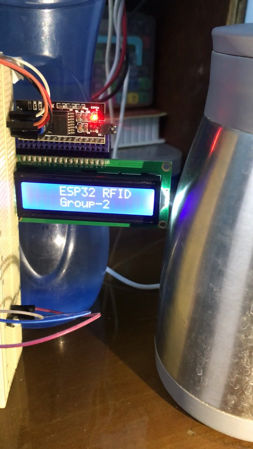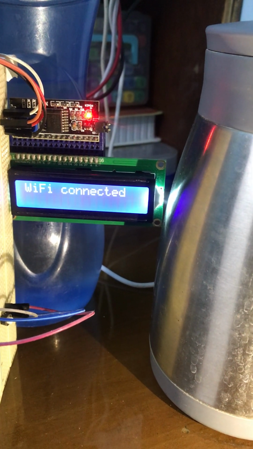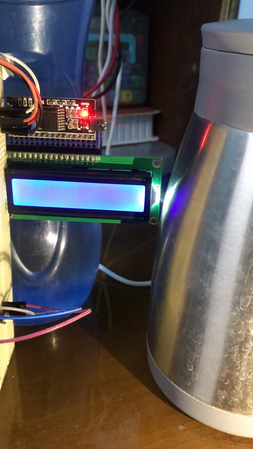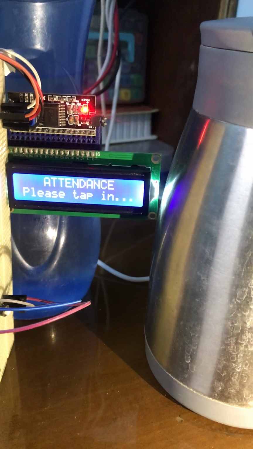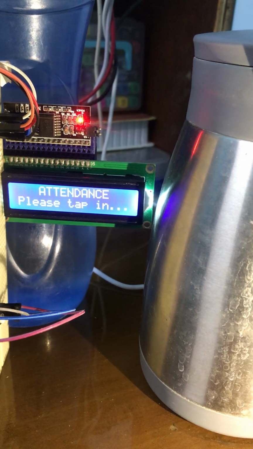So here I am, Mohammed Sarar, presenting the ESP32 RFID project from group 2. You can see Wi-Fi is connected, and here we have two modes. The default mode is attendance,